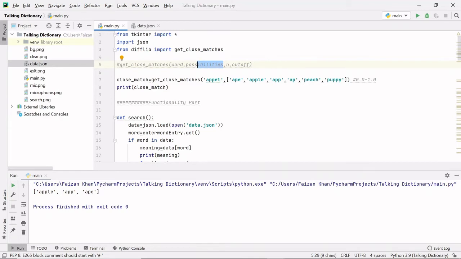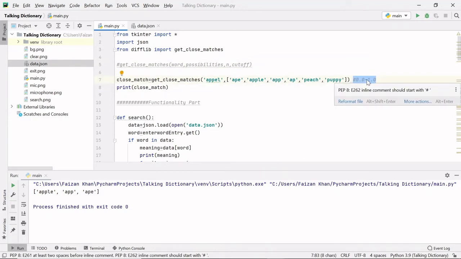Then n is an optional argument. By default the value is 3, the maximum number of close matches to return, and n must be greater than 0. Then we have this optional cutoff. The default value is 0.6, and it is a float in the range 0.0 to 1.0.